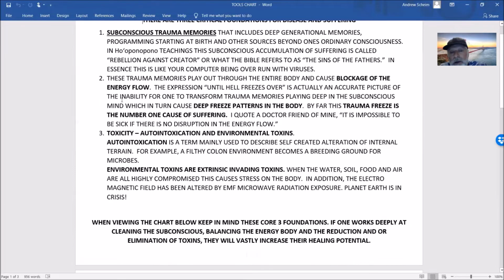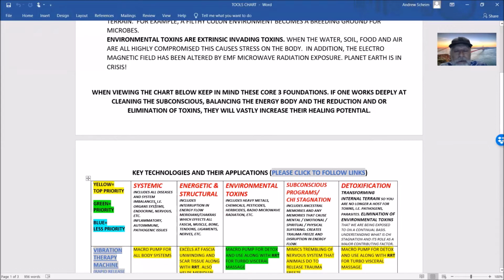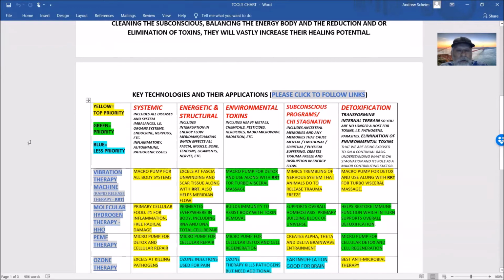So then you're starting to literally attack, or the immune system is literally manifesting that as an autoimmune disease. So why is that important when we go to the chart? Because this category, subconscious programs, chi stagnation, in other words, the blockage of energy due to the playing of this memory or program, multi-generational, could even be a past life, requires looking at the therapies that work really well